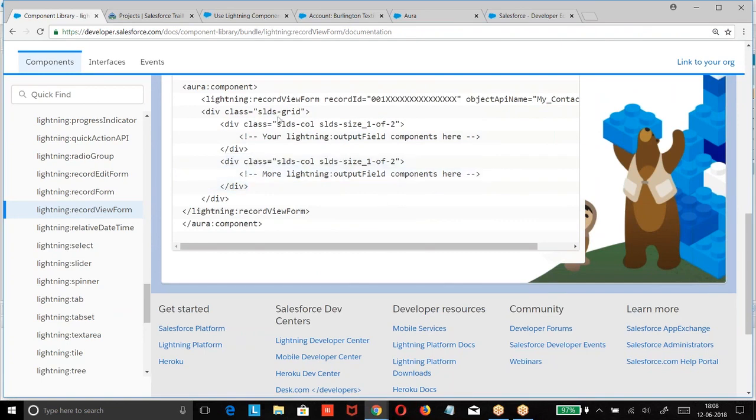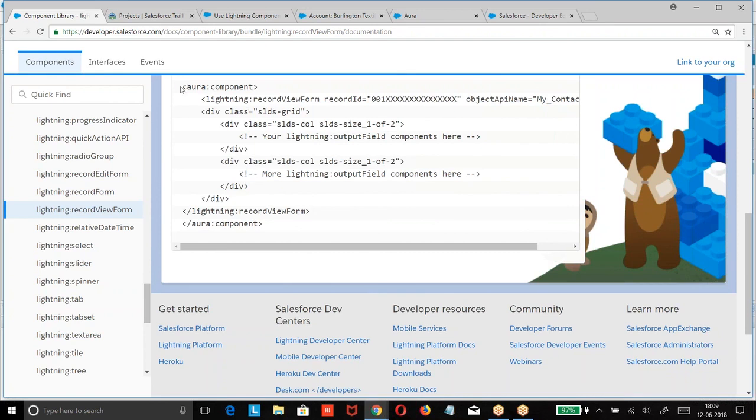Now how do you give the grid? SLDS grid, SLDS col. Multiple columns we are going to give, right? Now why are they given size? They are dividing the entire row into 2, giving equal size to 2 elements. That is the reason they told 1 of 2, 1 of 2.